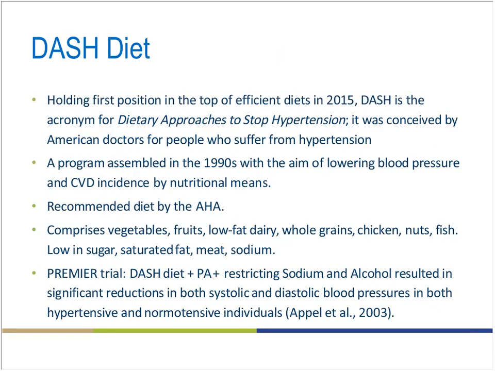So this is the #1 diet in America. It was conceived by American doctors for people who suffer from hypertension. It is recommended by the American Heart Association, and we're going to look at it a little bit closer. It is comprised of all your whole food products: vegetables, fruits, dairy, grains, protein, nuts, fish. It is low in sugar, it is low in saturated fat, it decreases meat, and of course it tries to